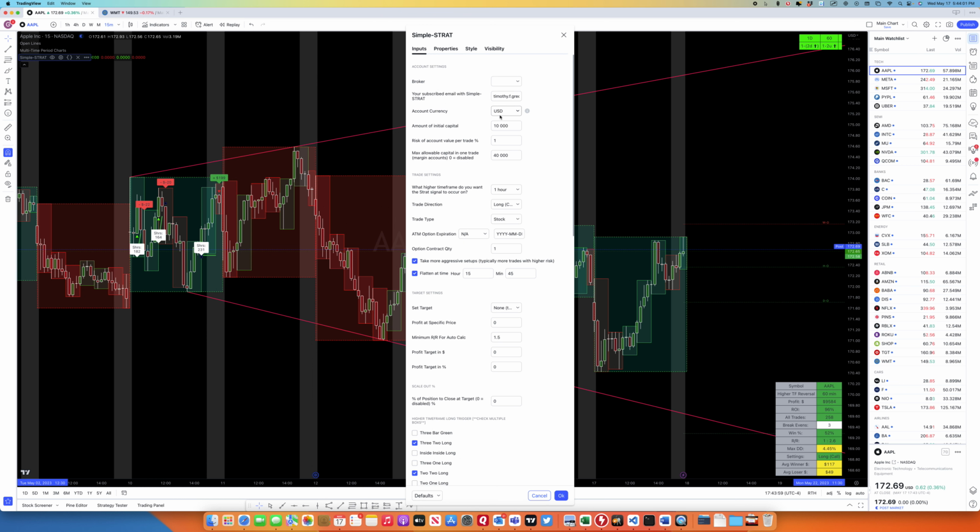Account currency, if you're in the US, your basic currency is probably US dollar. If you're in the UK, you're probably British pounds. Wherever you are, this is helpful, especially when you're doing Forex. I wrote code that will convert if you're trading currency pairs that are not part of your base currency. So if, let's say, I'm in the US and I'm trading the euro to Great Britain pound, but I'm using US dollars,